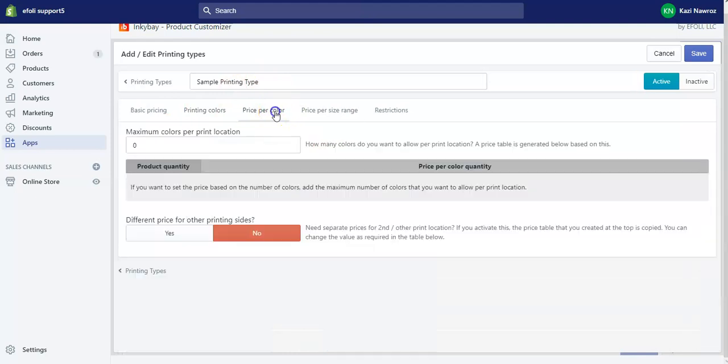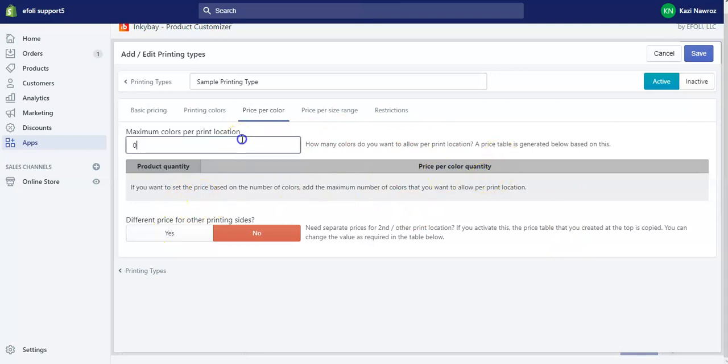Then for the price per color section, here you can add the maximum colors per print location, which means the maximum number of colors that you want your customers to be allowed per print location. And then there is price per color quantity.